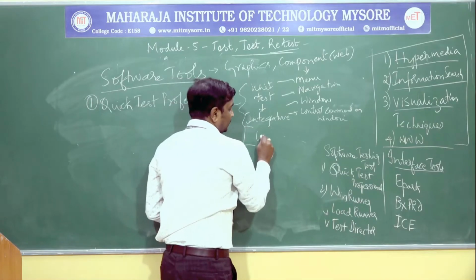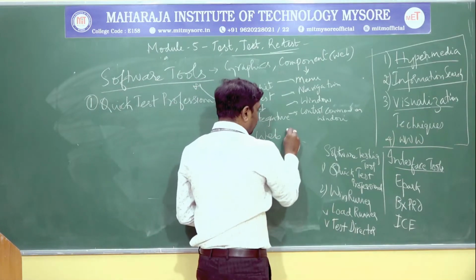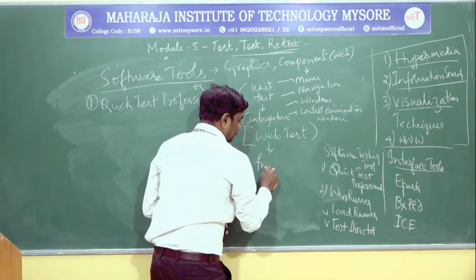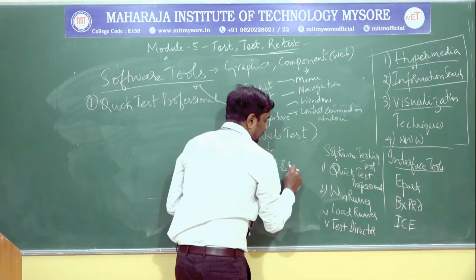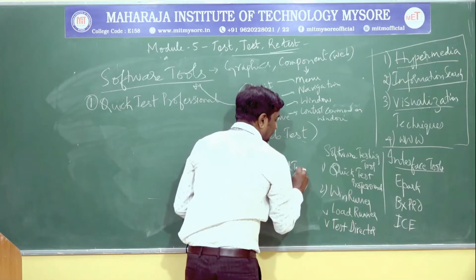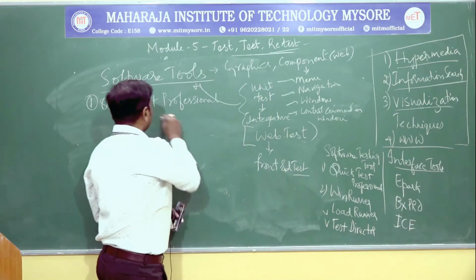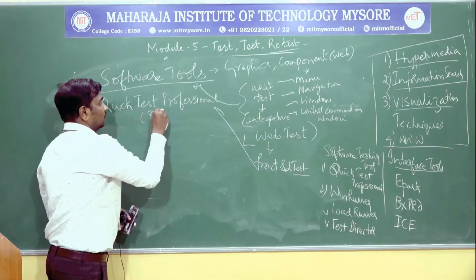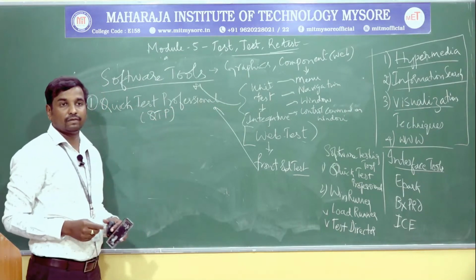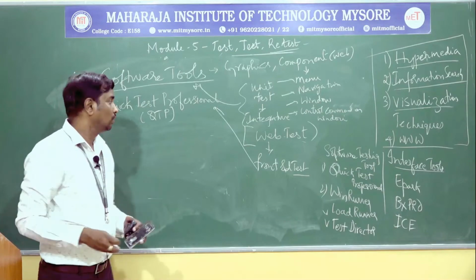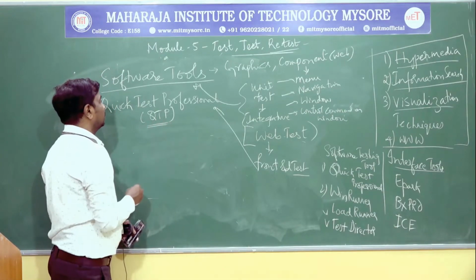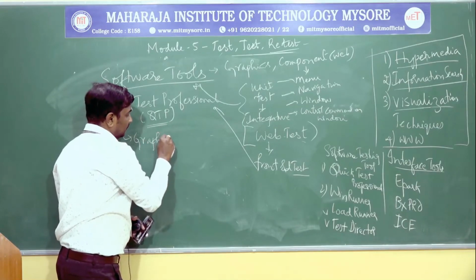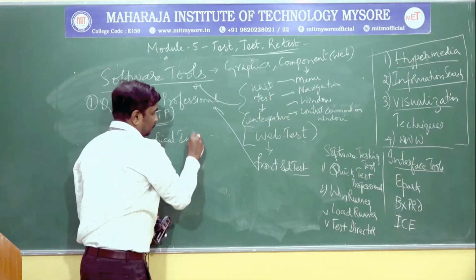Usually this type of testing is web testing, which we call front end testing. In front end testing features also, we use the common QTP tool for our testing process. This is a graphical interface tool,